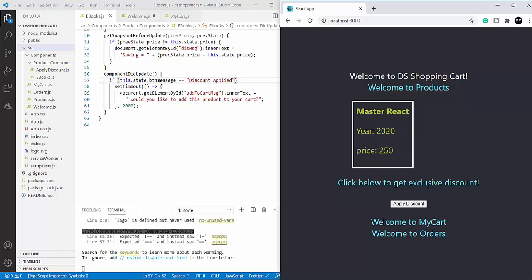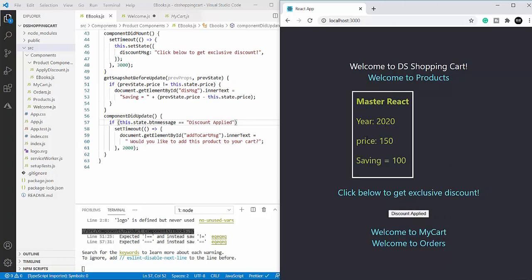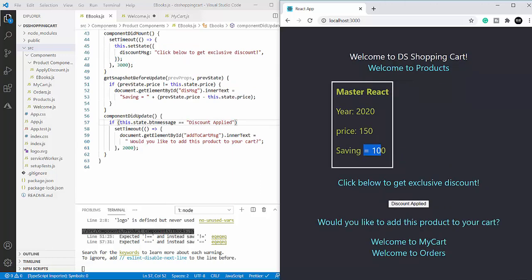The display message from componentDidMount is rendered. Now I'm going to click apply discount, and the discount is applied and saving is also shown. And after that, after 2000 milliseconds gap, that is 2 seconds gap, I can see this message also after discount is applied.